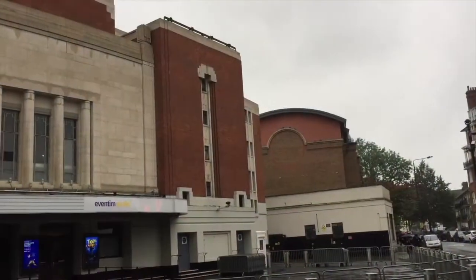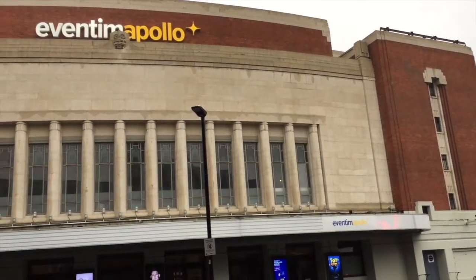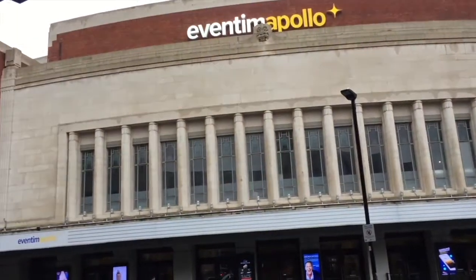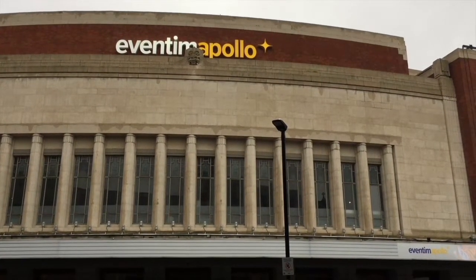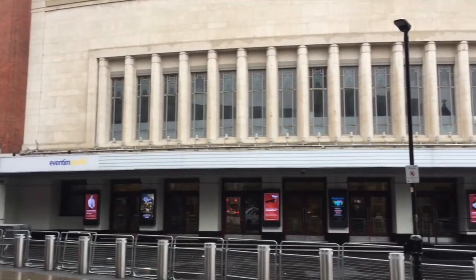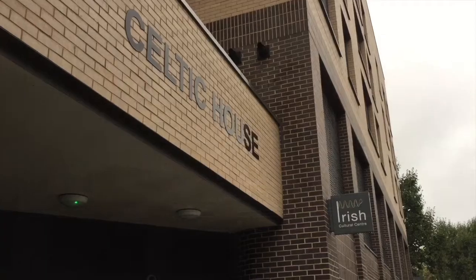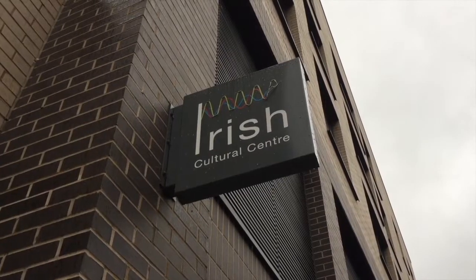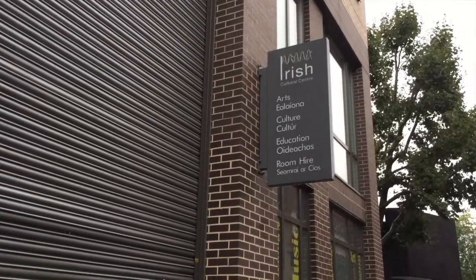The Hammersmith Apollo, currently called the Eventum Apollo, is a live entertainment performance venue. Upcoming acts in November include music greats Soft Cell, comedian Sarah Millican, and a night with the former stars of A Question of Sport. Hammersmith also has one of London's biggest Irish communities, including the thriving Irish Cultural Centre, so